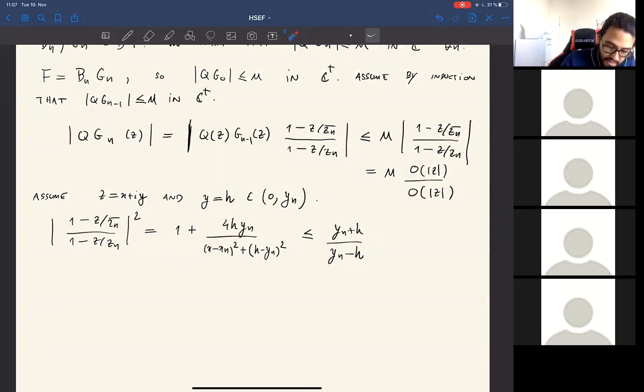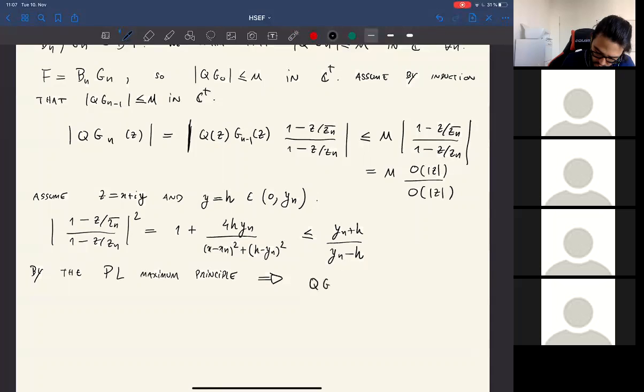Therefore, by the Fragment-Lindelof maximum principle, which will be theorem 1, I guess, we conclude that the moduli of QGn of z is less or equal than m times the square root of this,